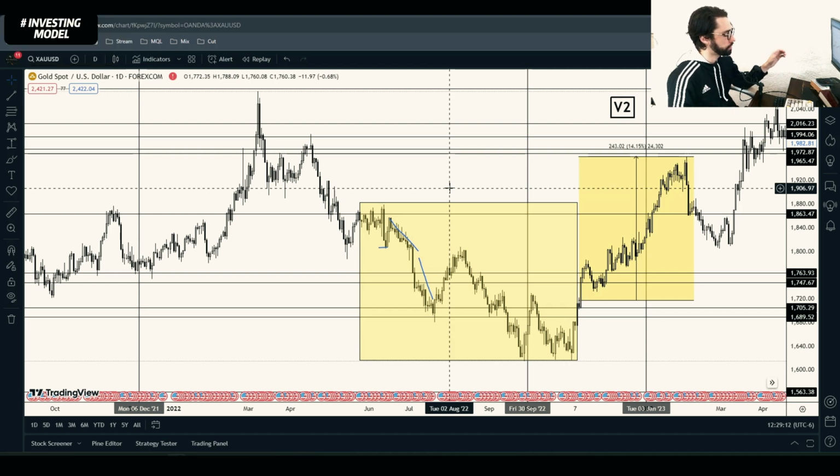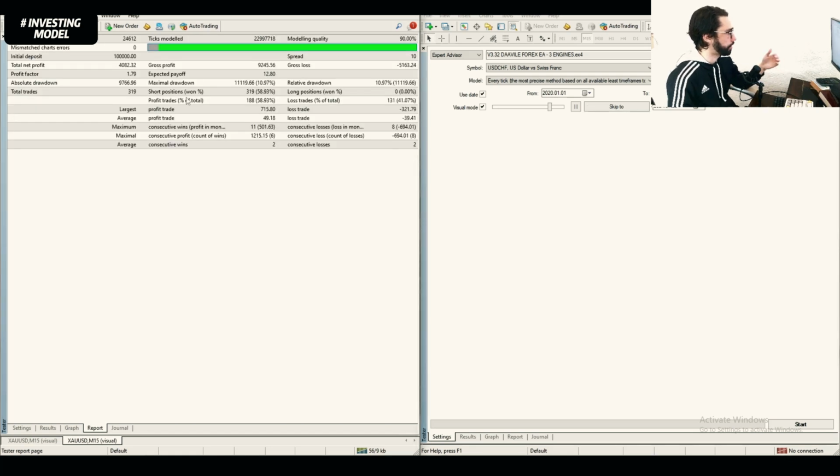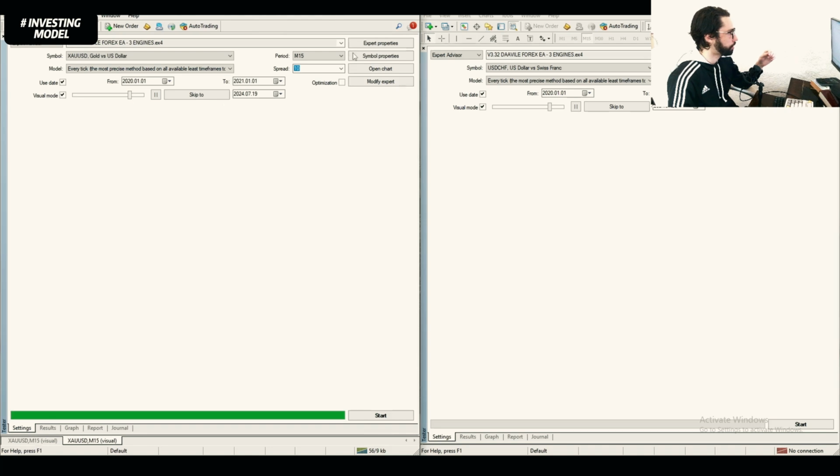So once the market is going against us, or once we have a big drawdown or any drawdown that we can measure, in this case that's exactly what we're doing. We're stress testing our margin by using maximal drawdown. That means our worst case scenario based on our initial deposit. So in this case, the sell model will be during 2020, the whole COVID situation, when the markets unexpectedly for everyone,